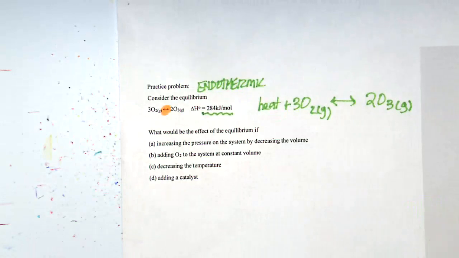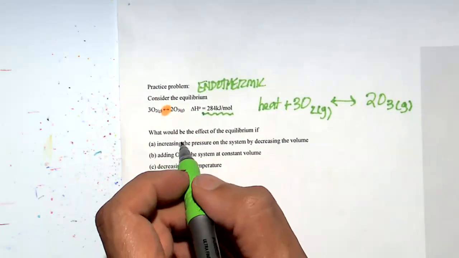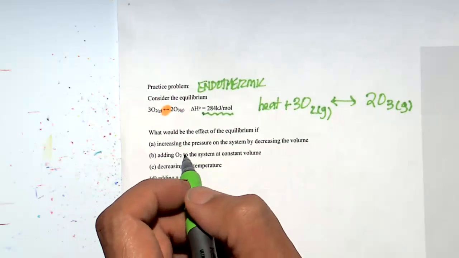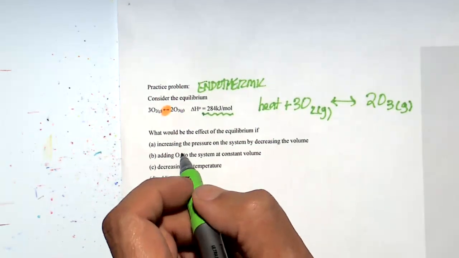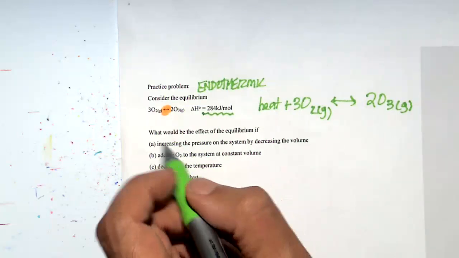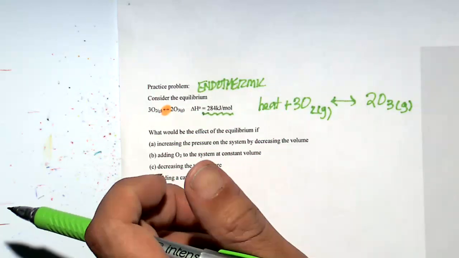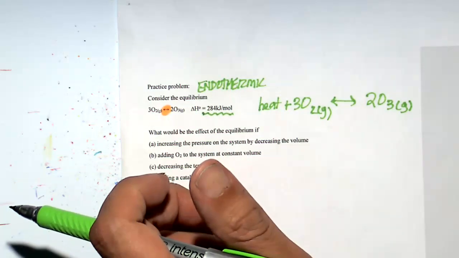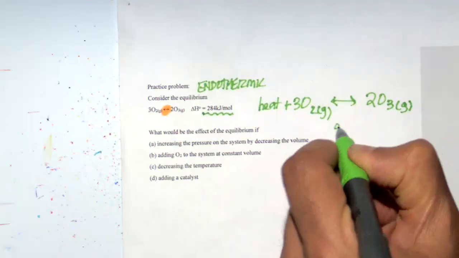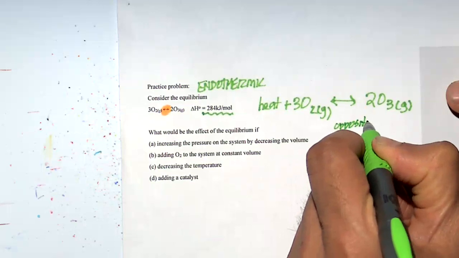All right, Robert and Adriana. I want you guys to look at A. What would be the effect on the equilibrium if we increase the pressure? Robert, I'll pick on you. If we increase the pressure, what is the opposite of increasing pressure? I'm not asking you to answer this. I'm just going to try to lead you to the answer, hopefully. I was going to say decrease volume.